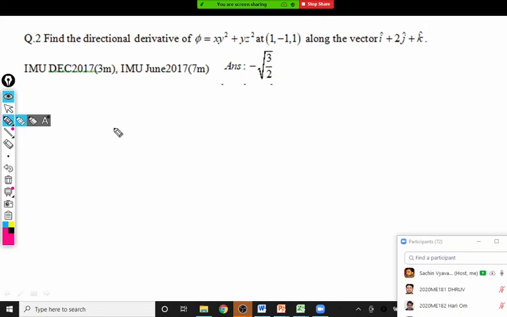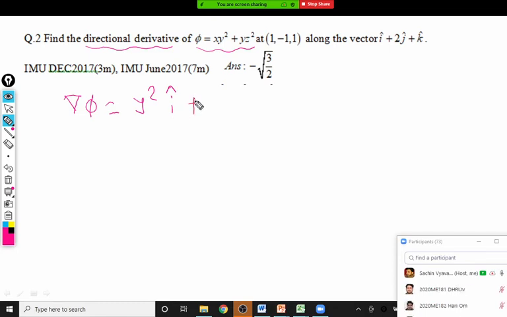These are parallel words. So the first thing, the question is for the directional derivative. That means we have to calculate del phi. Del phi is the directional derivative. So I will say del phi equal to, I'm not writing a formula here. So tell me, what is dou phi by dou x? Y square, correct, Y square i cap. What is dou phi by dou y? Z square j cap.